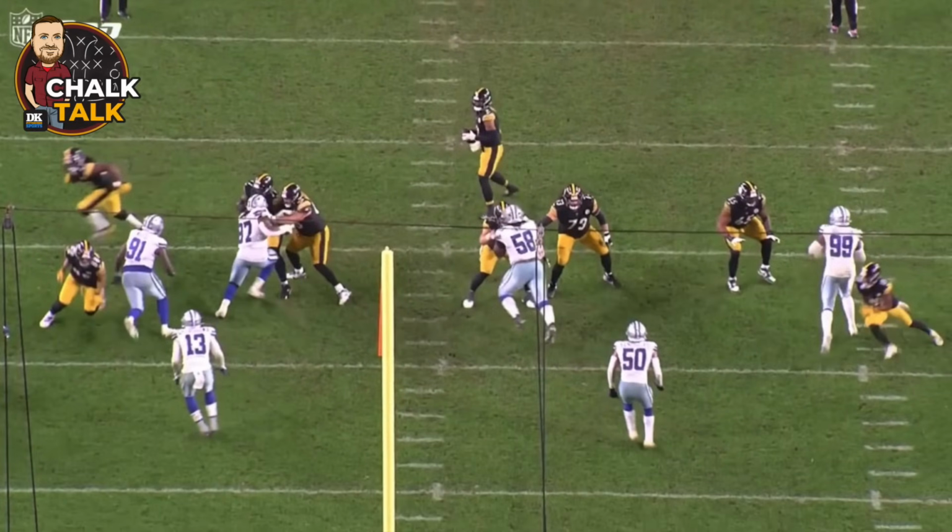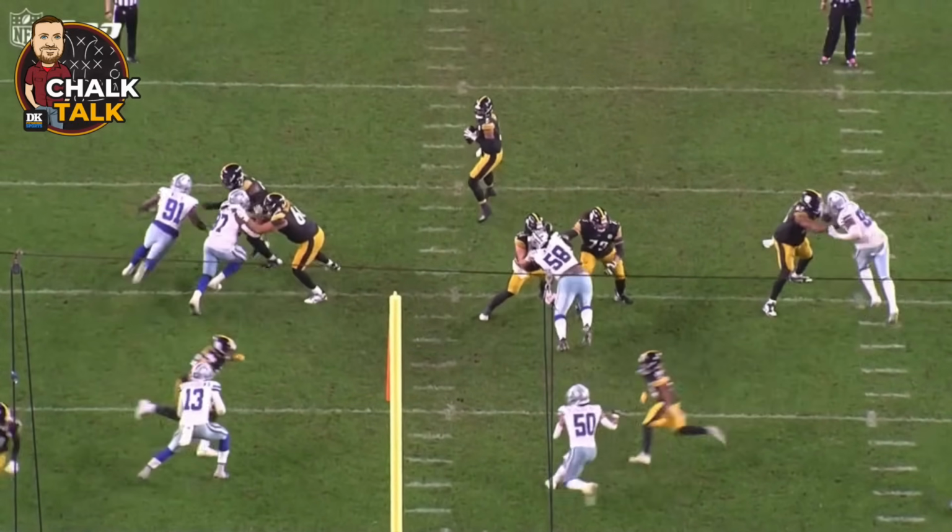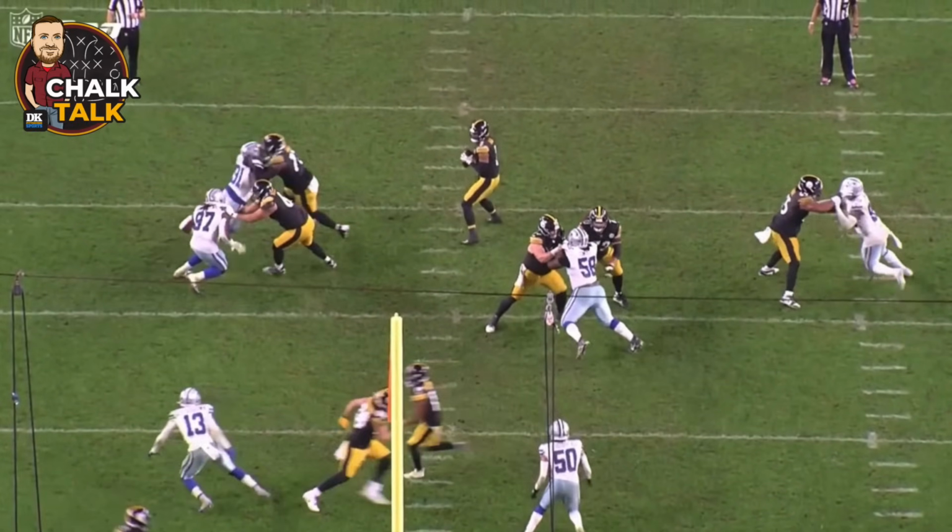But what if he doesn't double hitch here? What if it's just three steps, hitch, throw? In the amount of time it takes, that's the first hitch. If the throwing motion begins here, the ball's starting to already come out in anticipation for that window to open